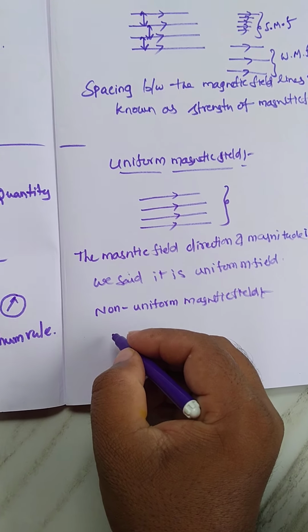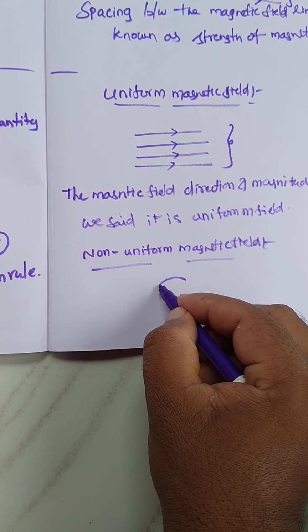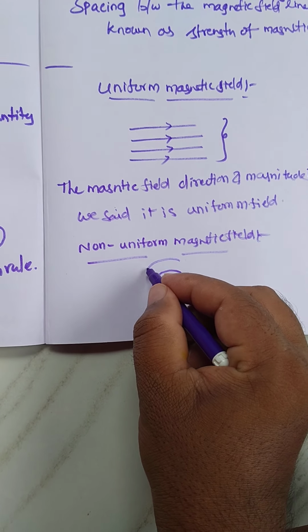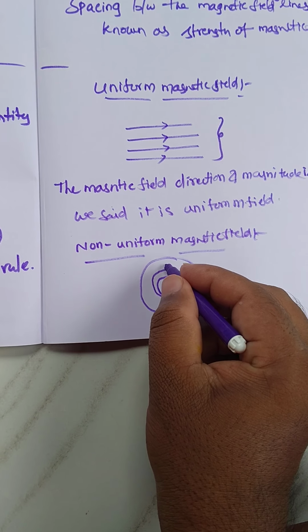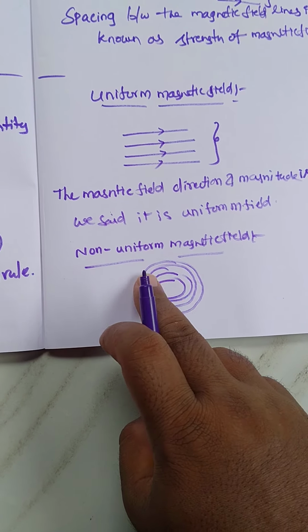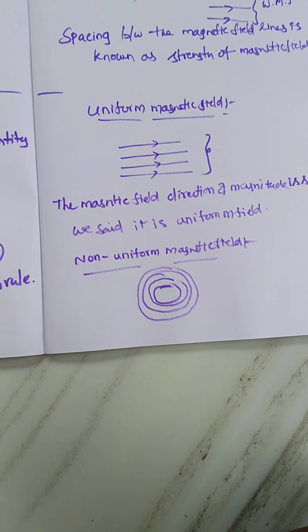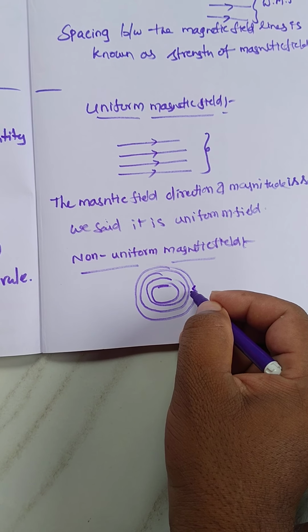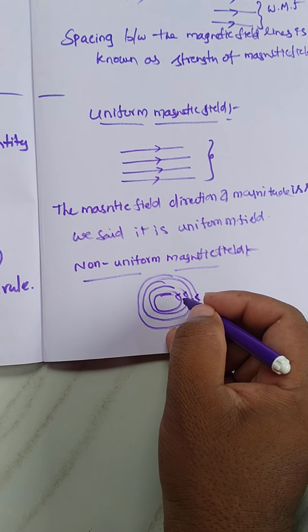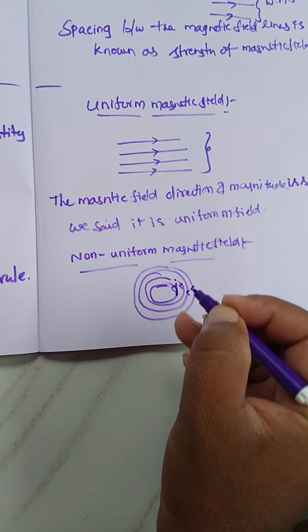How can we discuss the non-uniform magnetic field? For example, I am drawing magnetic field lines along a circular path, like this. I assume the spacing between any two magnetic field lines is the same, so the magnitude is the same. Then what about direction? For example, the lines move like this, like this. To find the direction at a point, we can draw a tangent there. It gives the magnetic field direction.